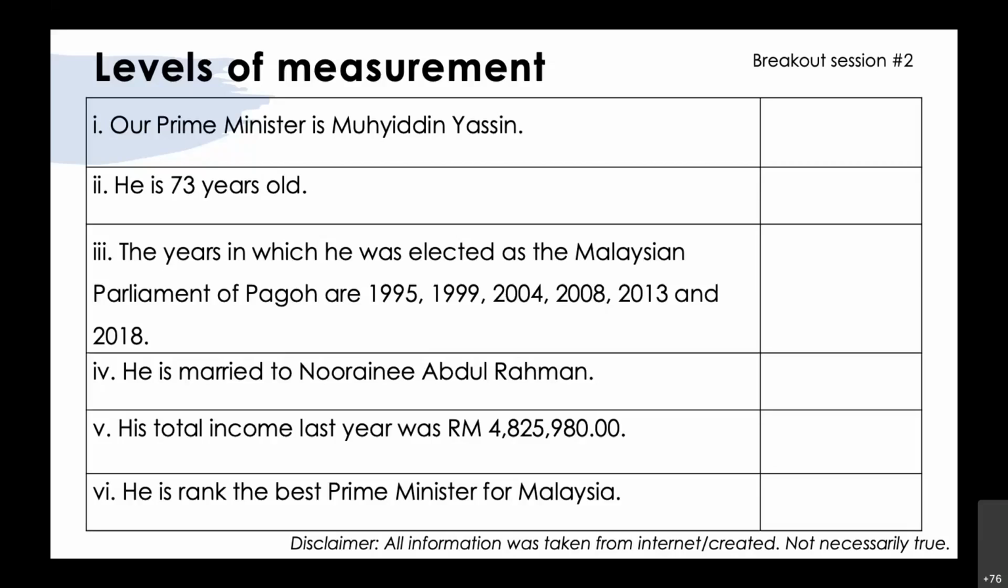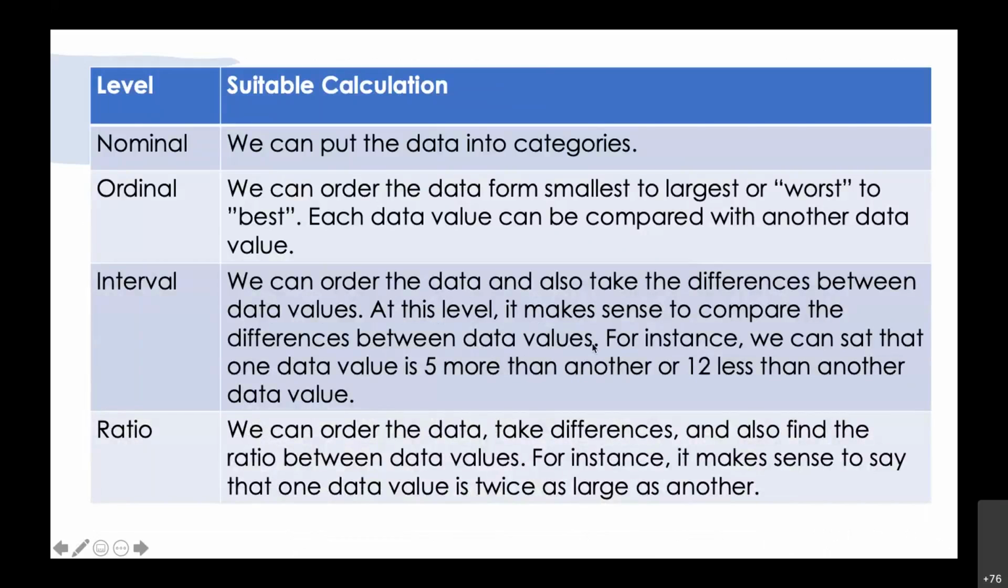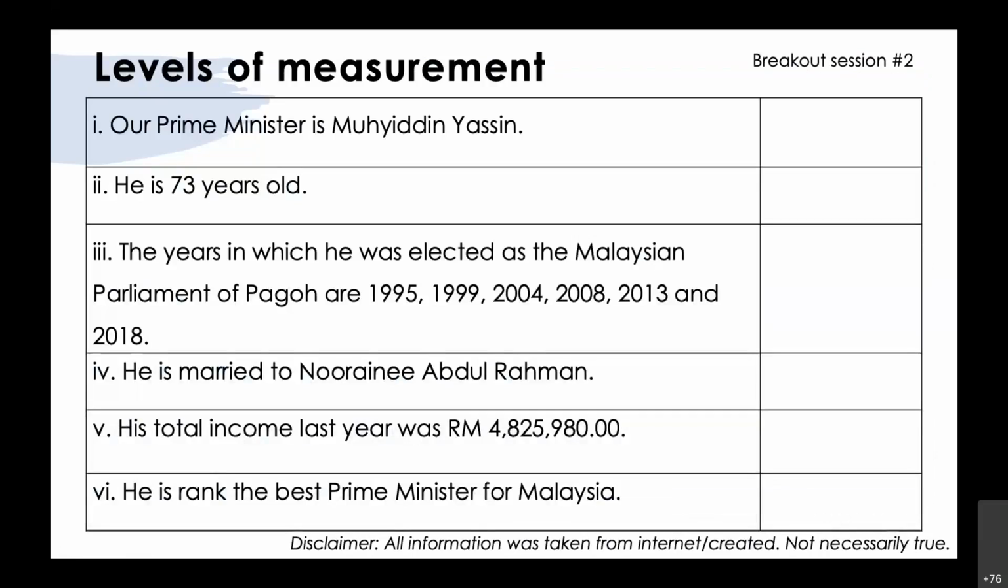I can show you the previous one. Okay, you can take a photo of this. What is nominal, what is ordinal, interval, and ratio. Okay, there are 4 categories, and try to find what the 4 levels are. This one is shorter, so I'm going to give you 5 minutes for the breakout